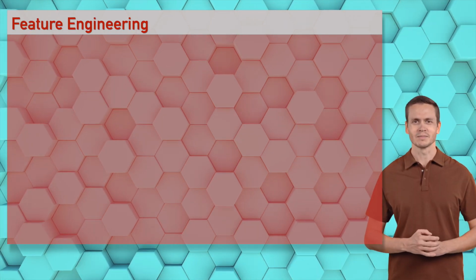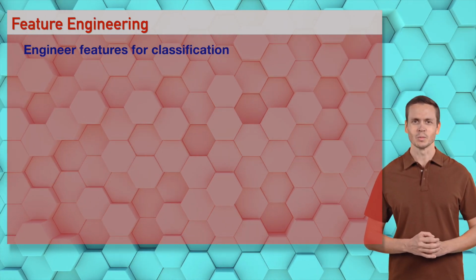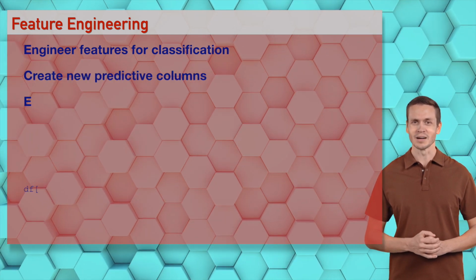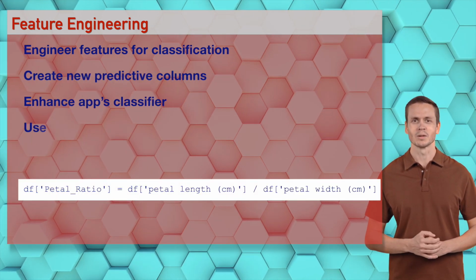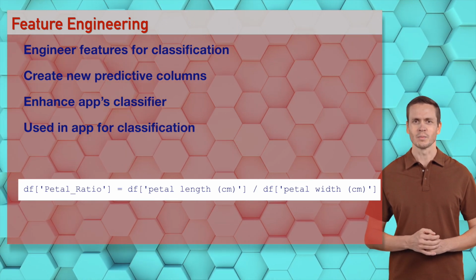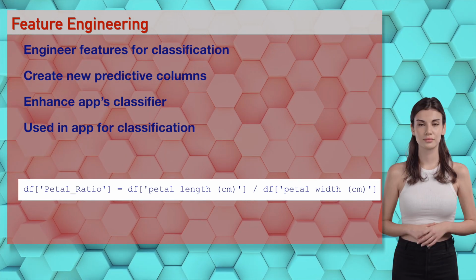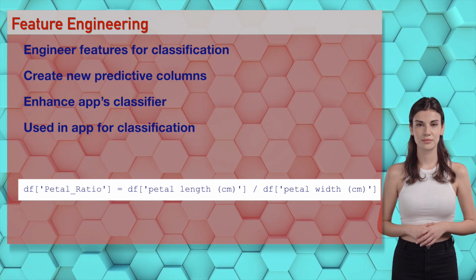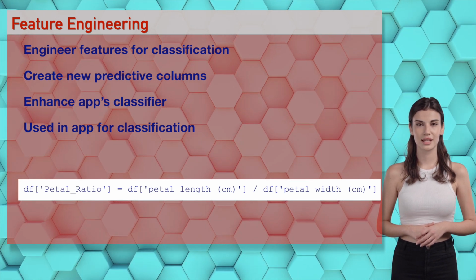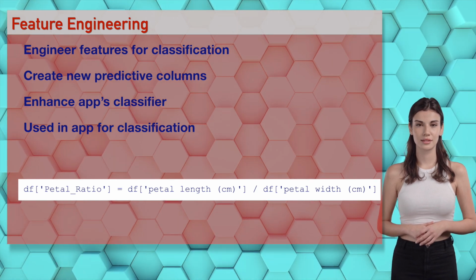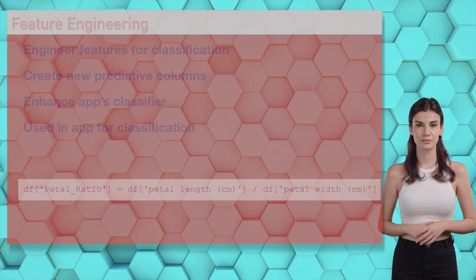Wizards, df['petal_ratio'] equals df['petal length (cm)'] divided by df['petal width (cm)'], engineers features like a hot creation for Sophia, boosting AI classification. It's an engineering party. Let's drop this code beat. You're engineering my heart, Ethan. Wizards, feature engineering enhances classification for the app. Try it in our demo. It's like crafting features with passion.